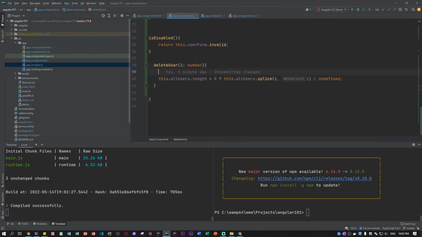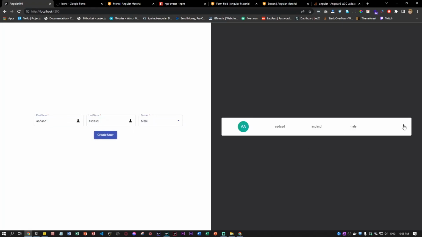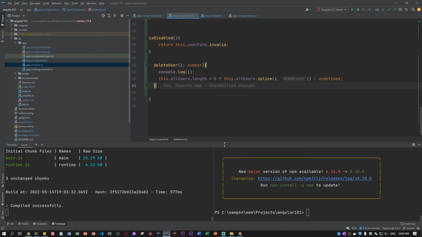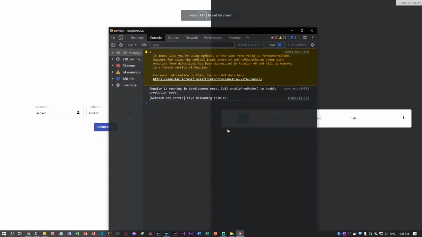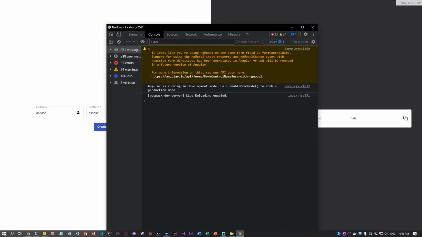Delete user, so let's console log I, and then create user. So what I'm saying is, if the length of all users is more than 0, then I want this all users dot splice. Okay, there's nothing wrong with this. So we go back, click,